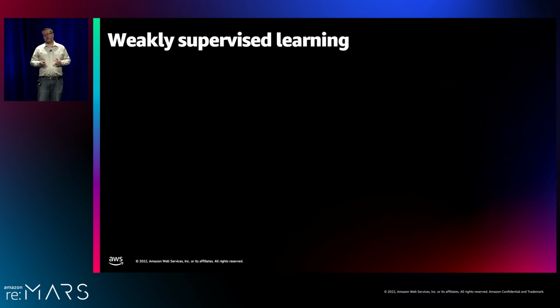So the next area is weakly supervised learning, or weak supervision. In weak supervision, you take multiple high-level signals that may be somewhat noisy, and you combine them together to produce a pseudo-label. So these signals could be feedback signals from your systems that are telling you that you got something wrong, or it could be feedback signals from customers that tell us that we did something wrong.